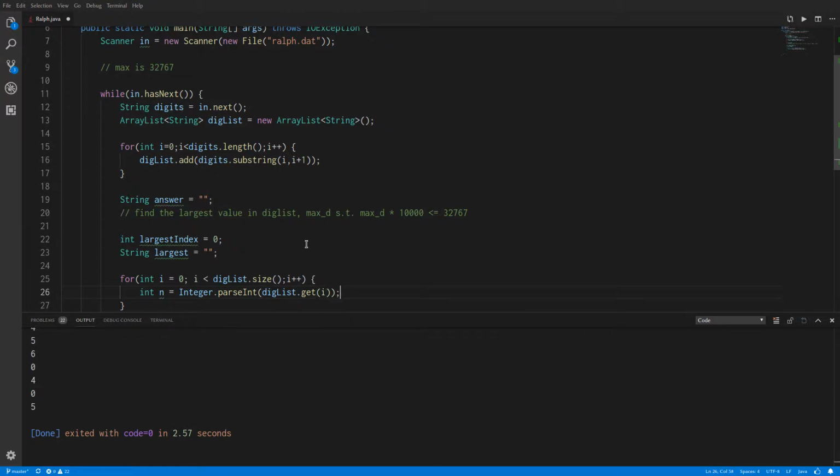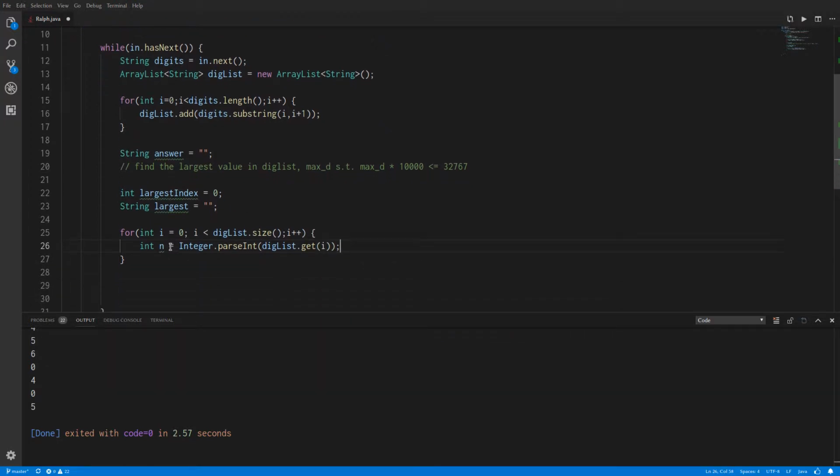Right, so that's going to be the integer value of the current thing. Let's go ahead and do times 10,000. Now, I've got a feeling this is going to change. I've got a feeling I'm going to make this into a nested loop in a little bit, but for right now, I'm just going to do it this way. So times 10,000. So if n is less than 37,267,